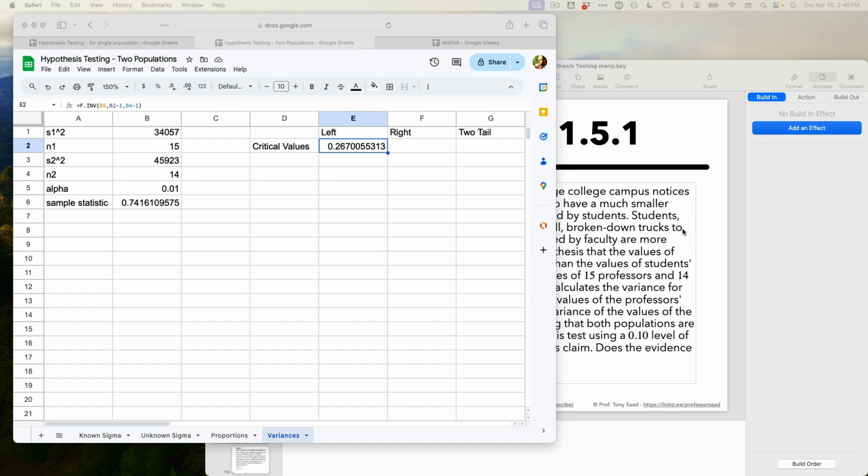Now, my sample statistic is 0.74. My critical value is 0.26. So my sample statistic is not within the rejection region. So I'm going to fail to reject the null hypothesis. Okay, so in other words,